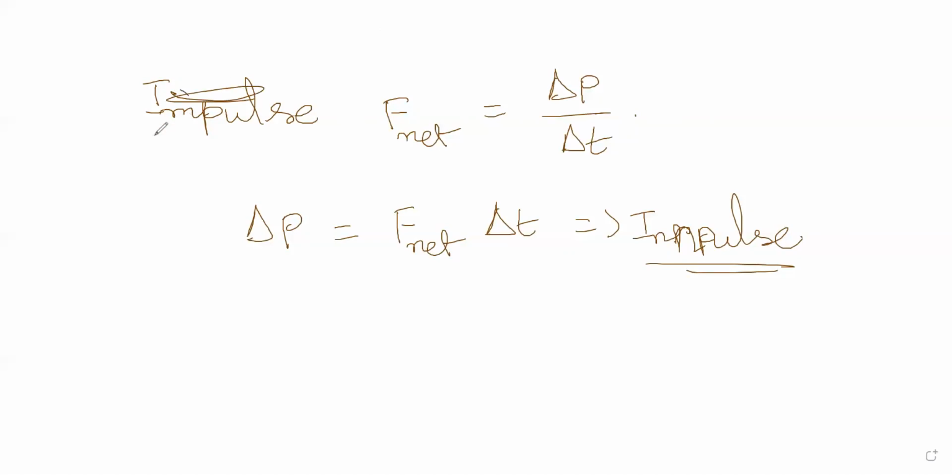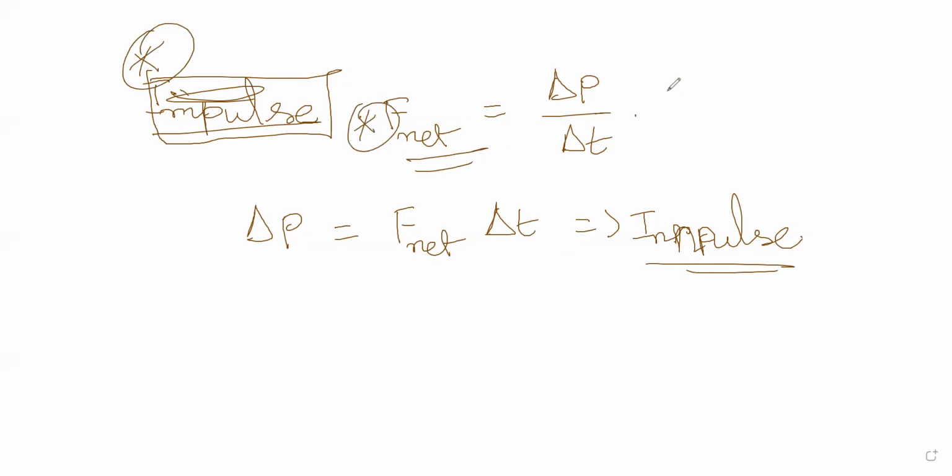So first, this is the quantity which you are going to define. Net force is delta P by delta T, and delta P is equal to F net into delta T. That is called impulse, force into delta T, is what they have given as per your text. There are a lot of things hidden. I don't know in what way they will discuss and describe the things. Now I will describe what is there in the text, and I will define the next part of this.